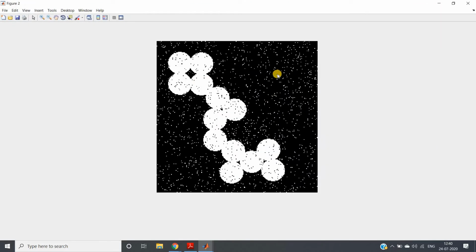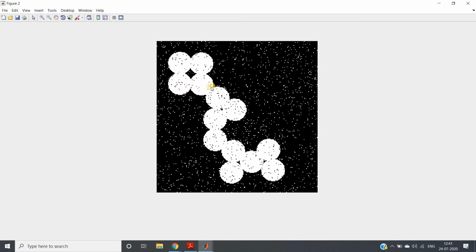Now if we want to remove both salt as well as pepper noise, what should we do? Try to understand: all this background part can be easily removed if we apply image opening. Because if we take a structuring element which is bigger than these small white pixels present in the background, those will not fit, and they will be removed while applying opening.